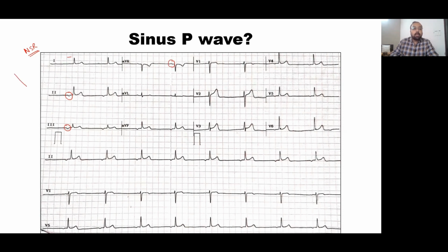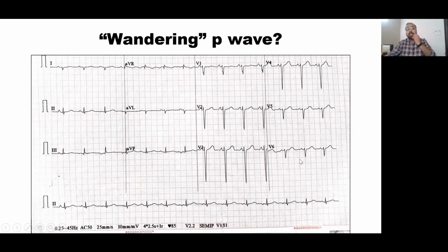If the normal P wave depolarization is somewhat like this, this seems like having an axis in the opposite direction, and hence this is an ectopic P wave. So this is not a normal sinus rhythm, it's an ectopic atrial rhythm. Now this was another interesting ECG in which you can see in lead 2 down here that the first